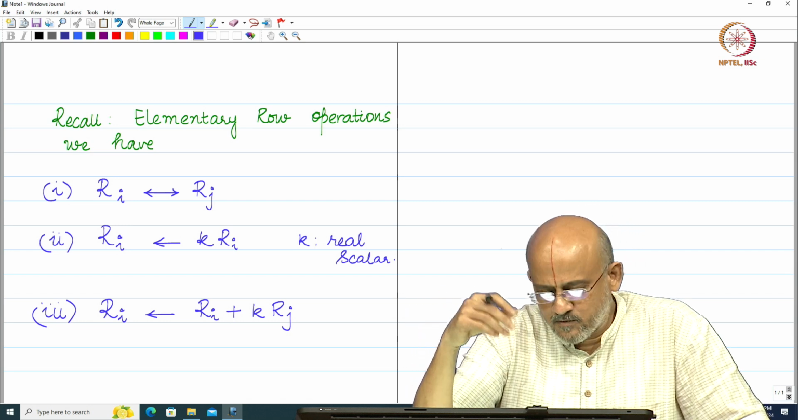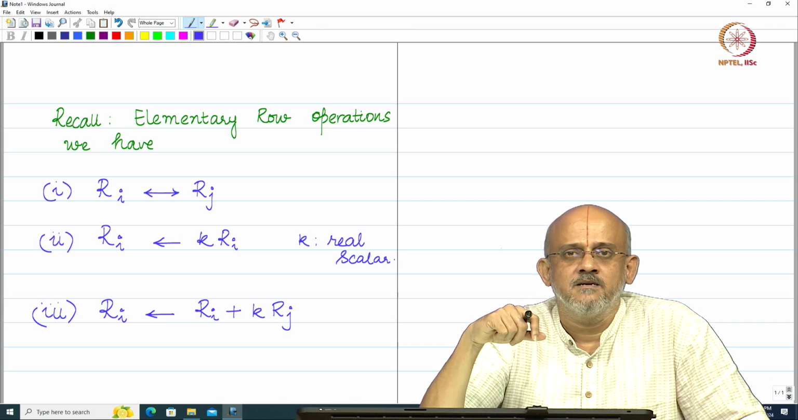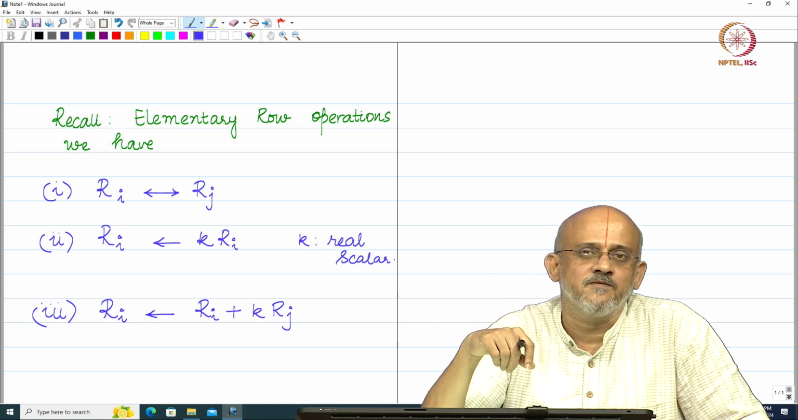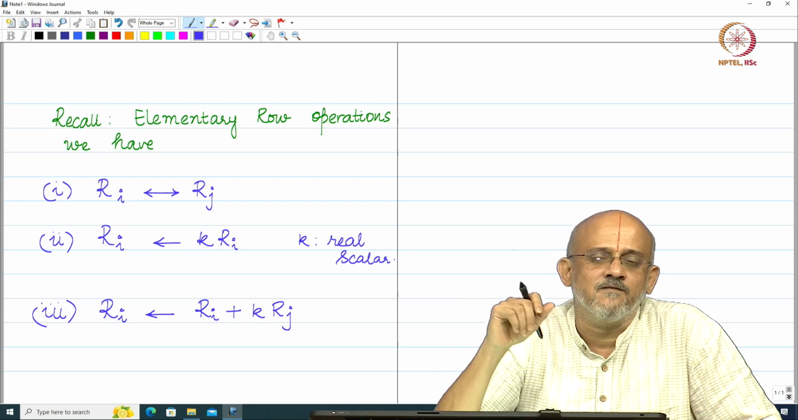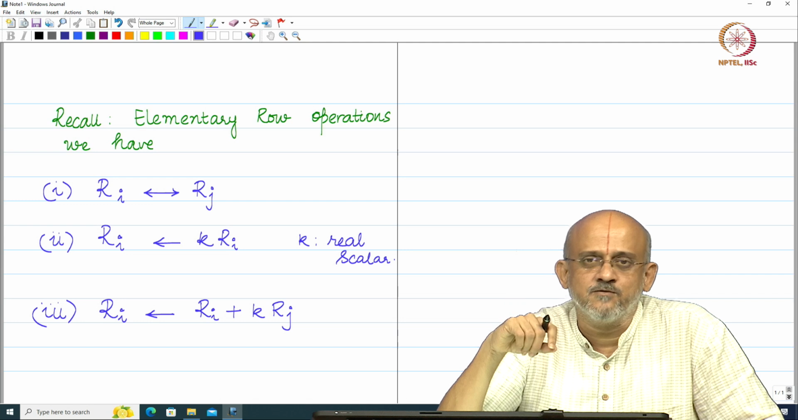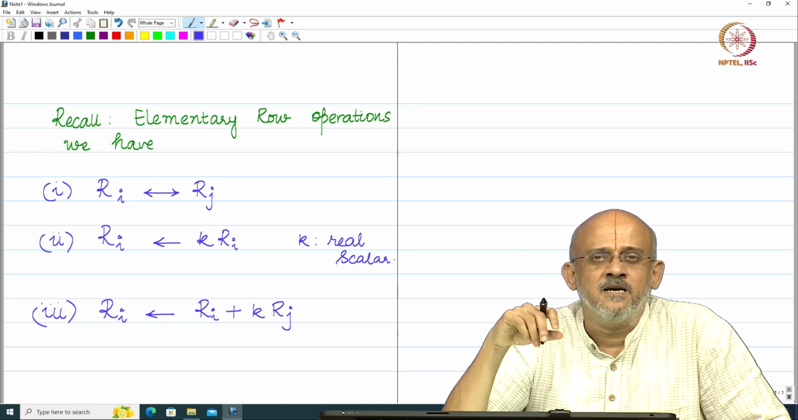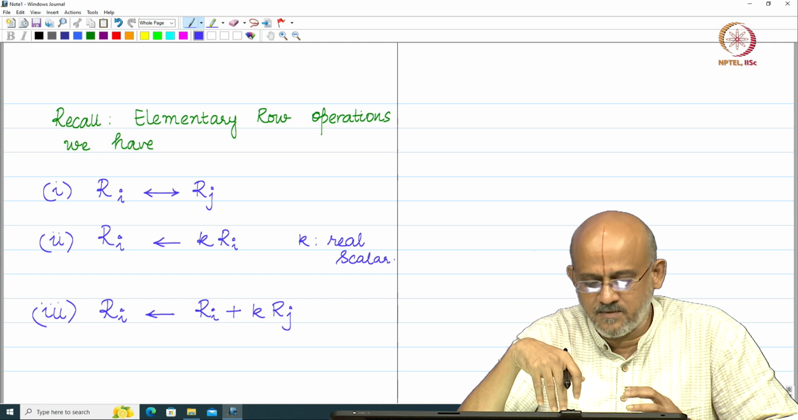How about this third one? How are we guaranteed that when we do this third operation, the solution to the system of equations remains the same in spite of doing all these kinds of operations? That is something which you are going to look at. And before we get into these things, we will see how we are going to do these elementary row operations